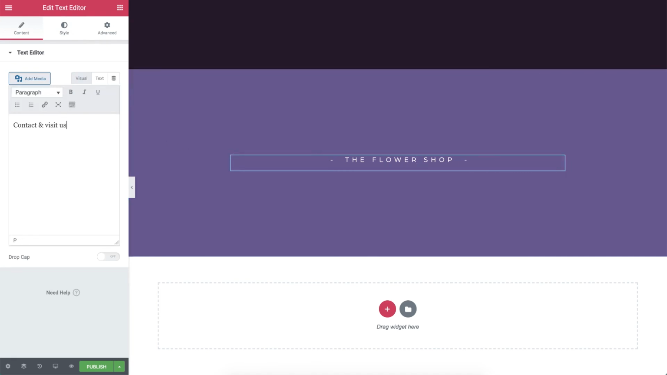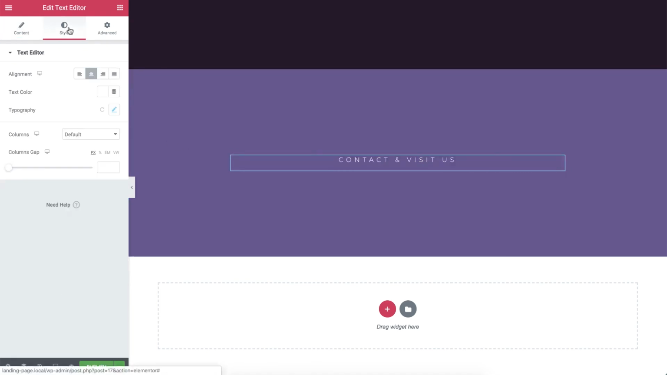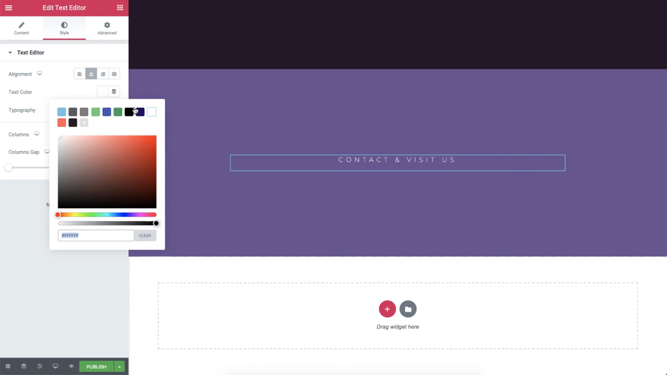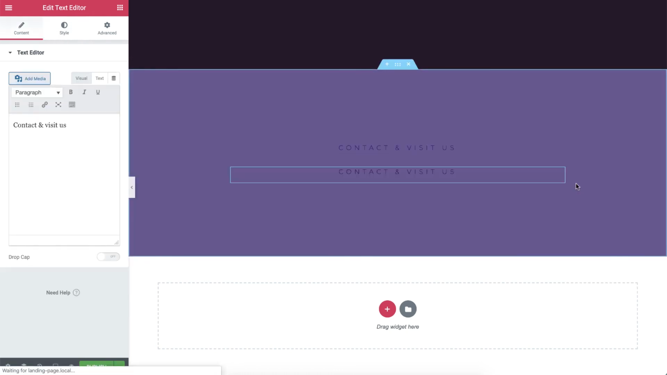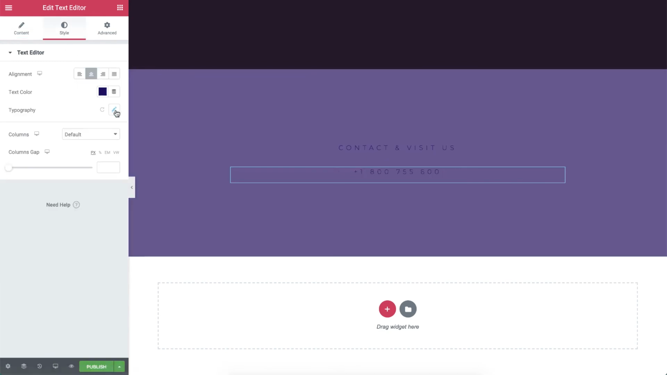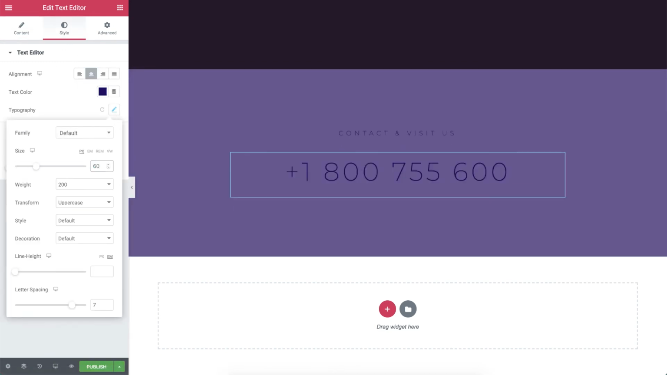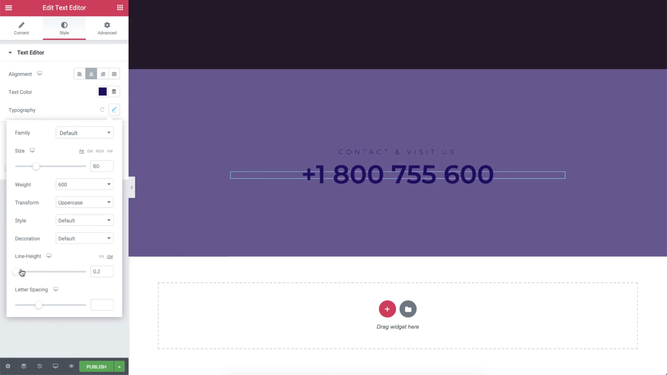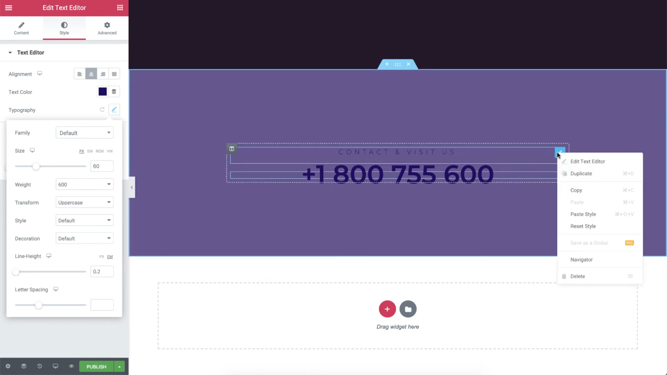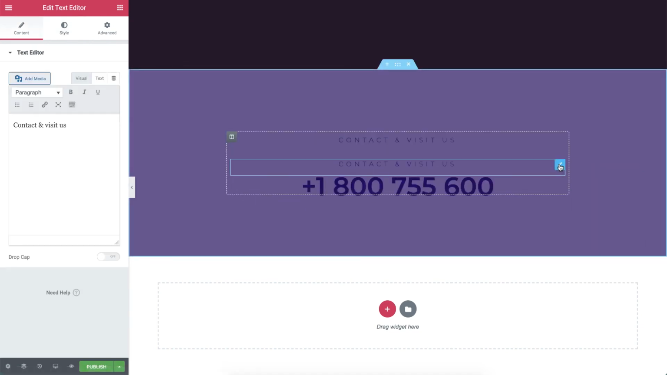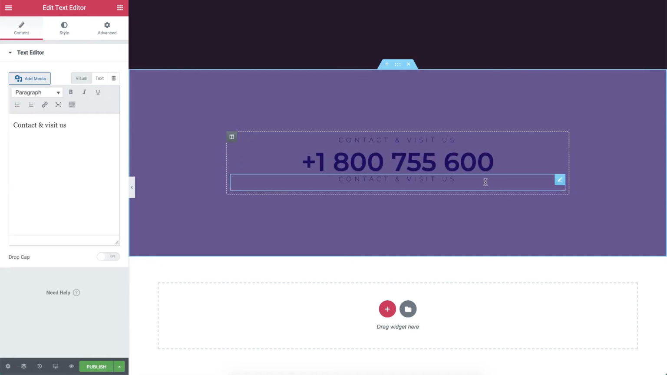Then I'll change the text and set its color. Now let's duplicate the widget and change the text as well. In style, I'll change the size to 60 pixels and give it a bold weight of 600. Then remove the letter spacing and drag the line height all the way down. Next, duplicate the first text again and drag it under the phone number. Here, I'll add the flower shop's address